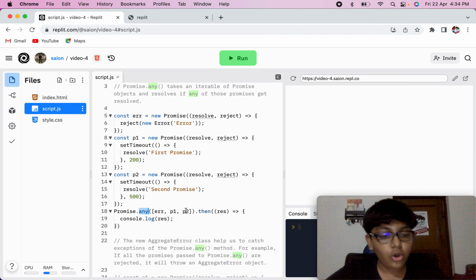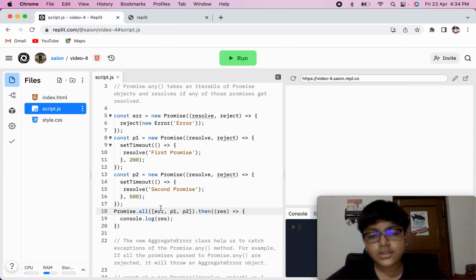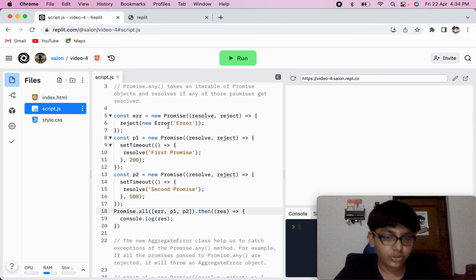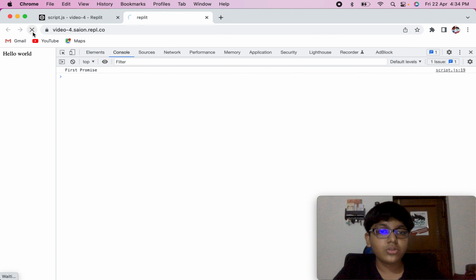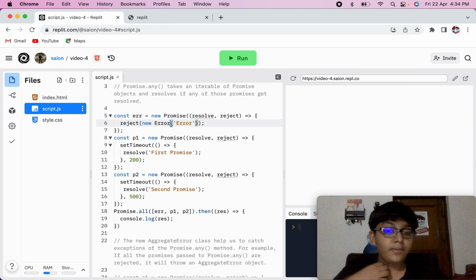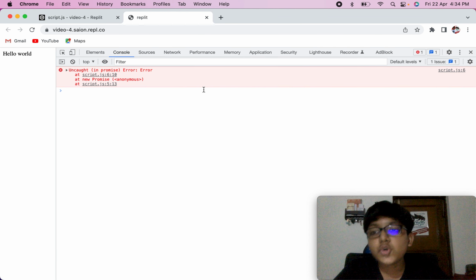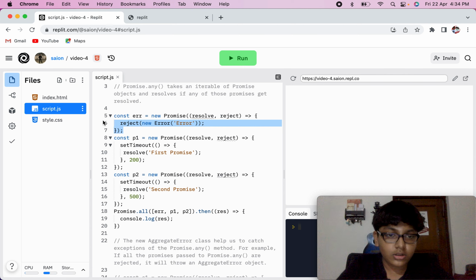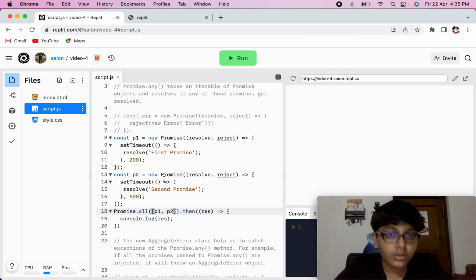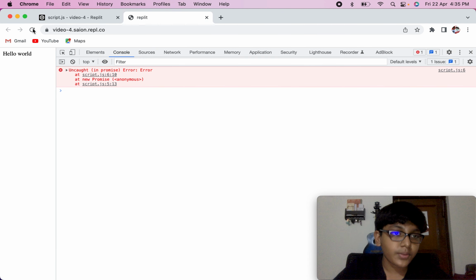Very cool. I'll just show you the all method, very similar to this, but instead of one of the promises being resolved, only if all the promises are resolved do we get a response. Over here, one of the promises is giving an error, so we will not see the response; it rejected and threw a new error, so we are getting that new error. But if we just remove this over here and remove this from here also, and then if I run this,